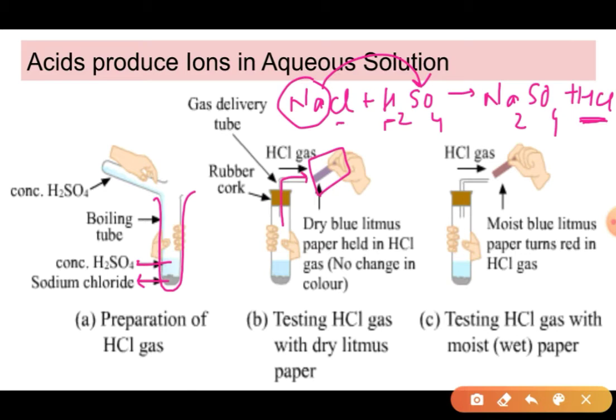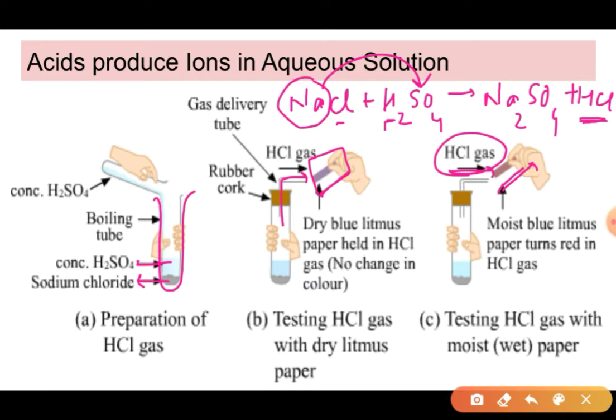When we took a moist blue litmus paper, this blue litmus paper turned red. This shows that this gas is dry in nature and the paper was also dry. There was no water in both of these compounds. And when we moistened this paper, it turned red in color. That means this hydrochloric acid turned the paper red